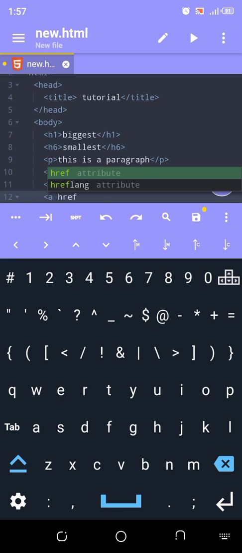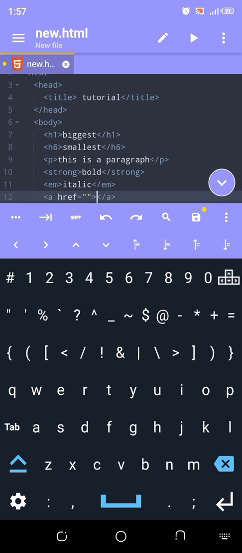href. It refers you, and you write it with the equals sign and quotation marks, right? Okay, so you know it with this. Then we close it. We close it automatically. It gives us the closing tag. Now within this you can write whichever site you want to go to.